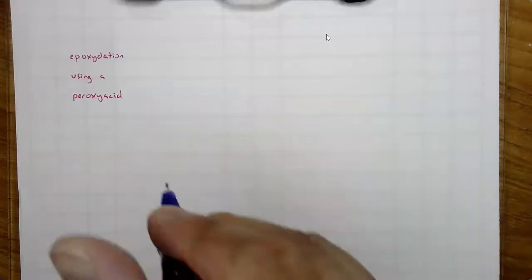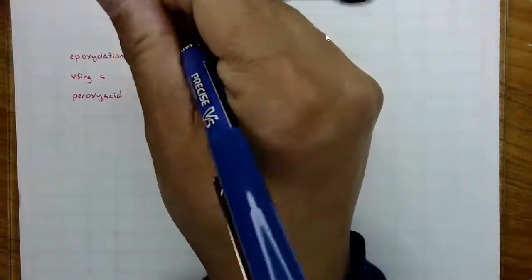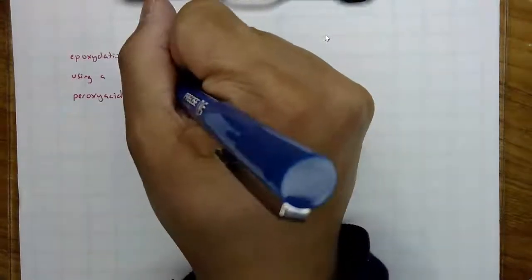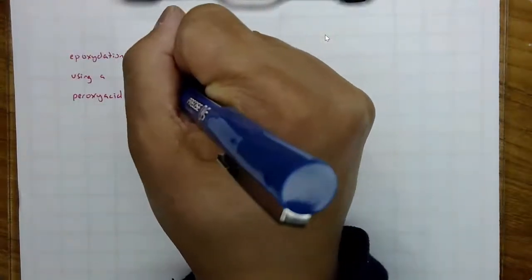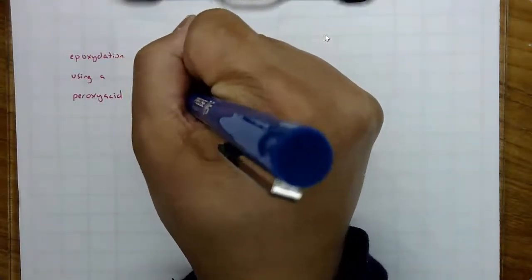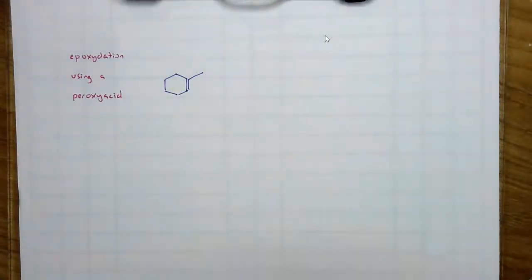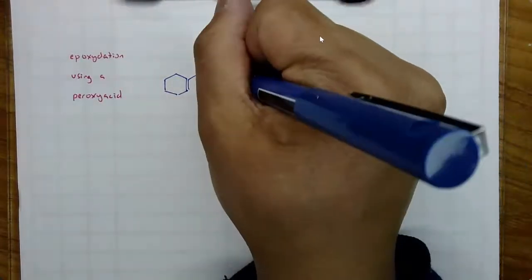So we know an acid, like a carboxylic acid. What is a peroxy acid? A peroxy acid looks like a carboxylic acid, but it has an extra oxygen. Let me show you actually the reaction. Let's practice some stereochemistry. So for instance, what if we had that? Okay. If I use this peroxy acid,